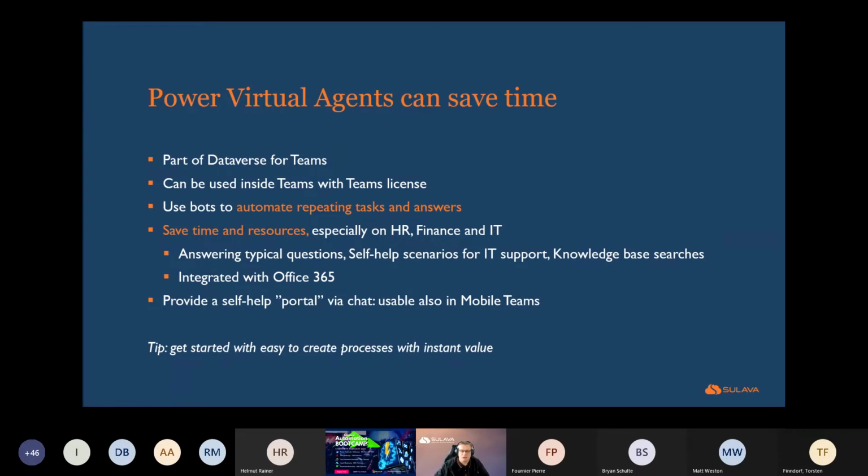And yeah, you can use that. I already mentioned that you can use the mobile chat, and you can have a kind of portal for these self-help scenarios in Teams. And when you start talking about, okay, what's the starting point? How do I get started? Try to figure out if you have a process that's really repeating, easier to implement, but impacts a lot of people in your organization, that might be the one that you want to target first, because then you are starting to get